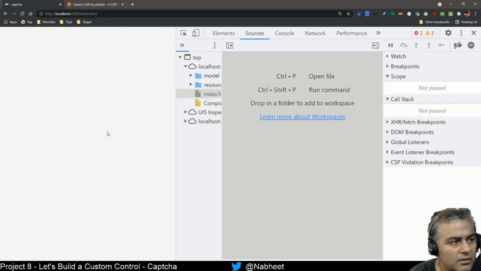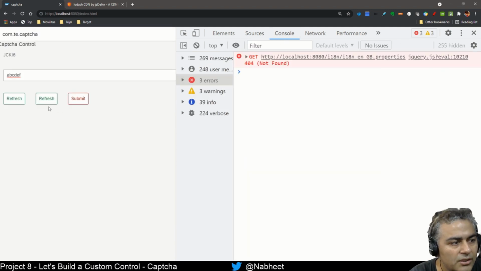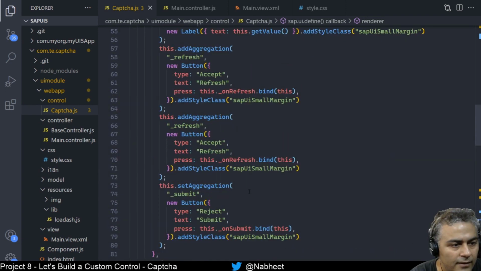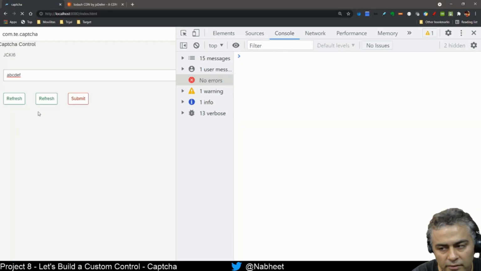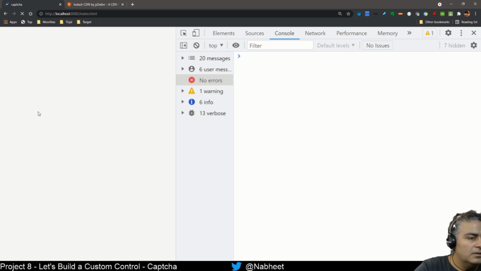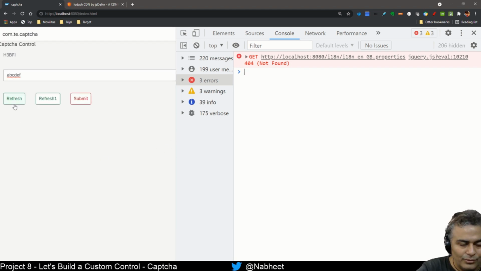So let's look at what is happening on the control side. You see this, there are two refresh buttons, right? And in case I change this, for example, if I just make it refresh 1, then you will see here refresh 1. Let's just wait. Somehow my system loads very slow. So you can see refresh 1. Okay, so I think our reusable captcha control is more or less ready,